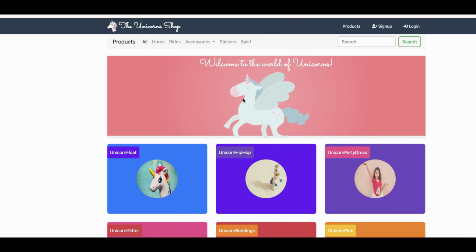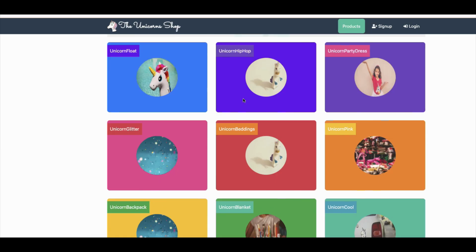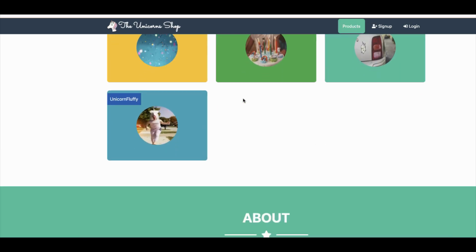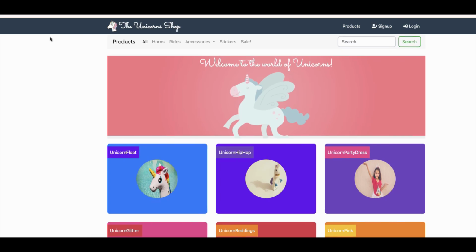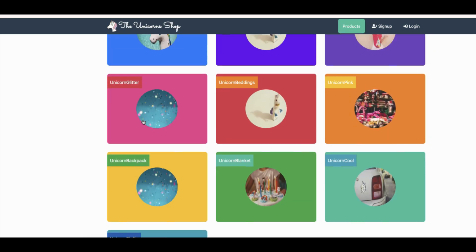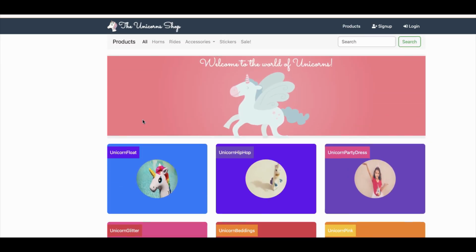So this is the front end UI, which is hosted on S3. From S3 it is talking to App Runner, and App Runner is talking to the database. Now if you see, all the data is there, so that means we are able to talk to the Aurora database. So this concludes the end-to-end story of migrating from on-prem to the cloud using cloud native